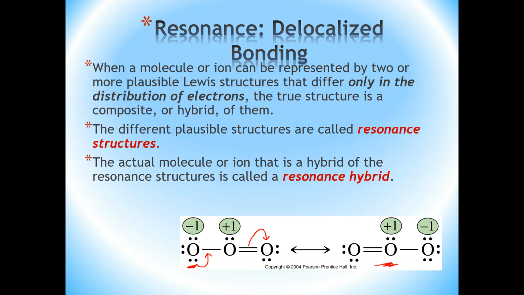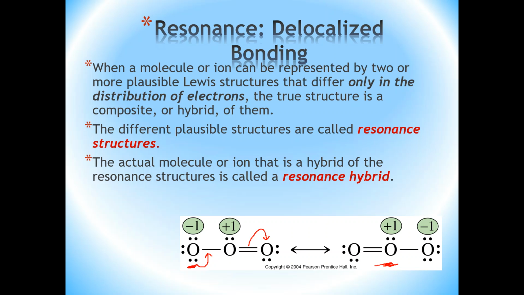And that hybrid is called a resonance hybrid. All right. So basically, what this theory is saying is that you can't expect the real molecule to look like this. You can't expect it to look like this either. But the real molecule of ozone is somewhere in between those two